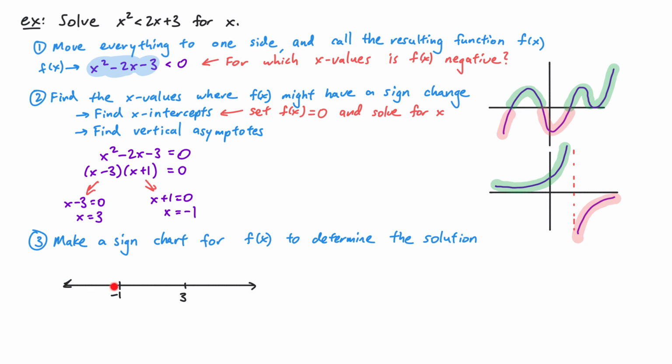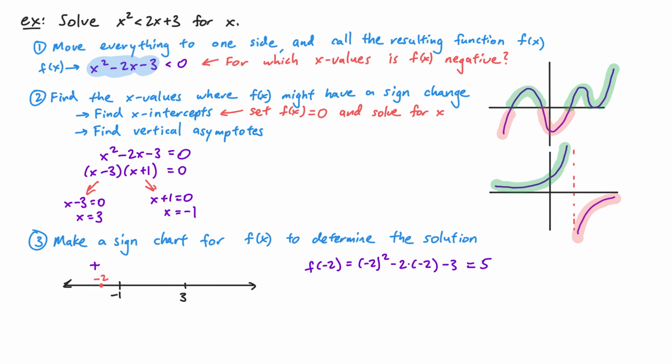Let's start with this leftmost interval here. We want to pick an x value that's in that interval. For example, I can pick something like -2. And what I want to do is take -2, plug it into my function, and see what the output is. So f of -2 would be -2 squared minus 2 times -2 minus 3. If you want, you can type this in your calculator, and you'll see that the output here is 5. Now 5 is a positive number, so on my sign chart, I'm going to draw a positive sign for that